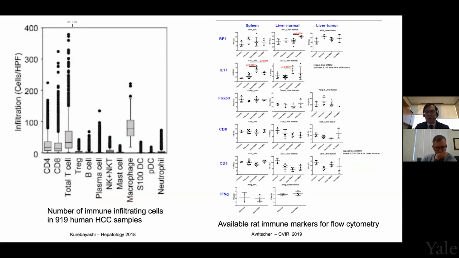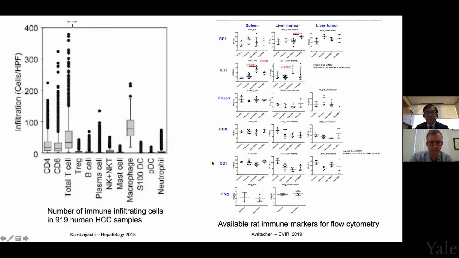We also wanted to look at the immune cell landscape after these embolizations, seeing how these different agents affected the cells that get attracted into the tumor microenvironment. The graph here shows, in HCC in patients, which cells are most relevant, and as you can see, it's mostly T cells, macrophages, a little bit of NK cells, and we tried to replicate that. Not everything is available in rat, but whatever is available.